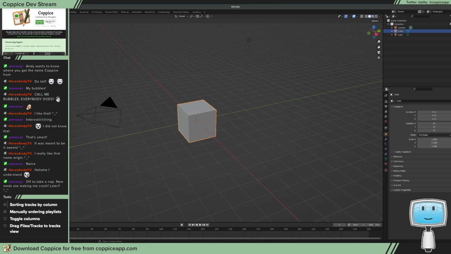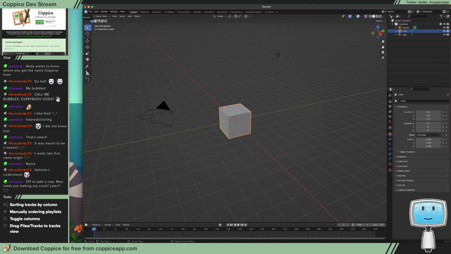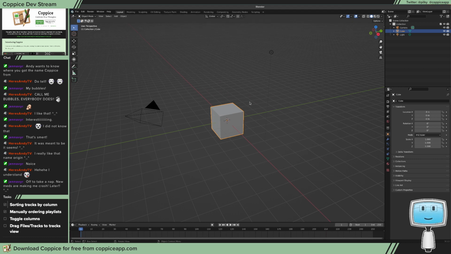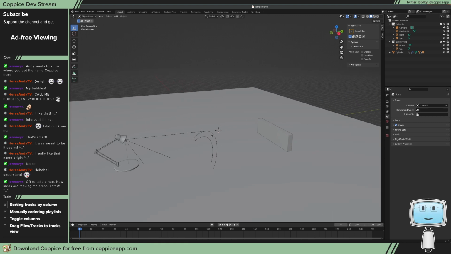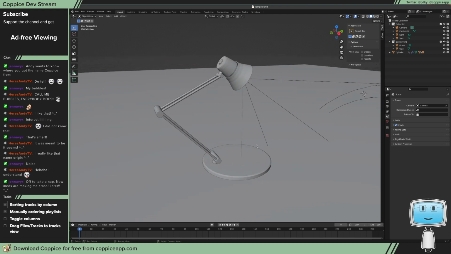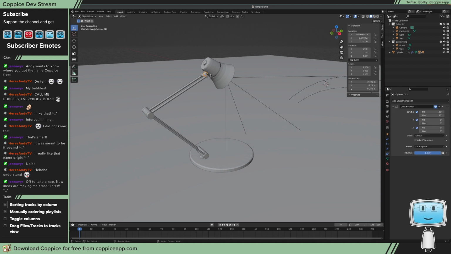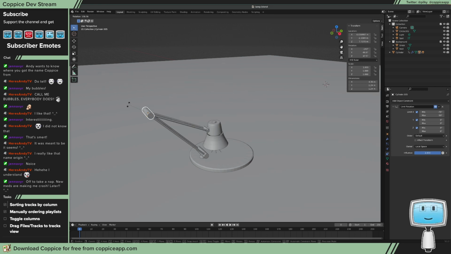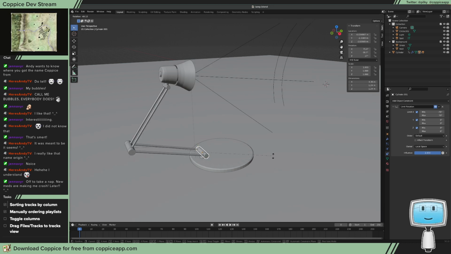And I actually did a bit more work on my lamp model. If I open it up, so we have all this here. But I've added some constraints on, if I can select the correct thing there, so I can rotate this but only within a certain region. This one again I can rotate and it's limited where it can go, and I believe that one